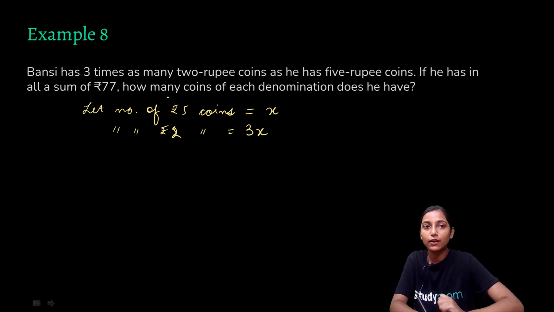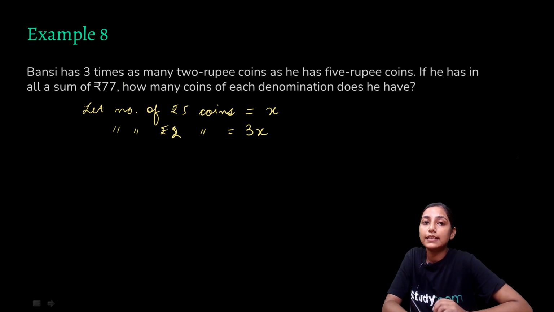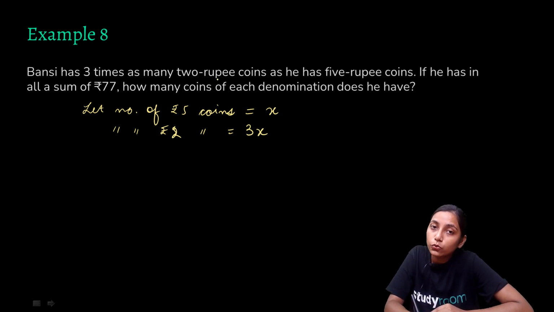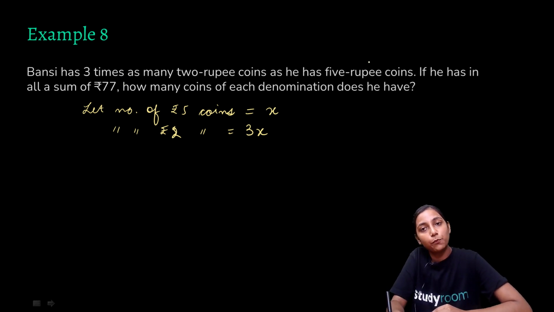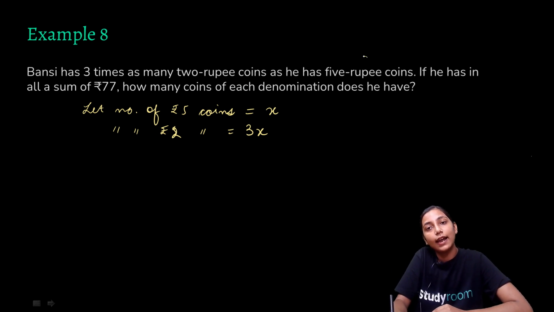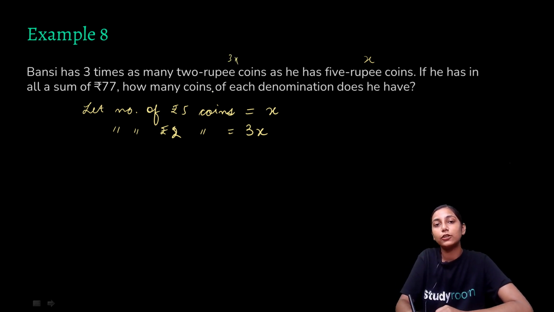Why is that so? Because it's written that Bansi has 3 times as many 2 rupee coins as he has 5 rupee coins. So if 5 rupee coins are x, then 2 rupee coins are going to be 3 times this, that is 3x. That is what I have written here. If he has in all a sum of rupees 77, we need to find the number of coins of every